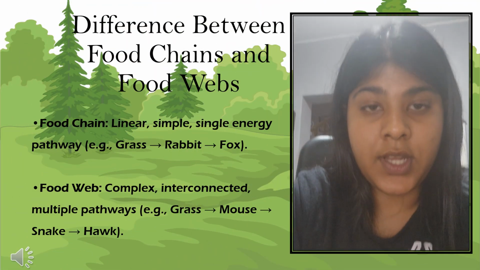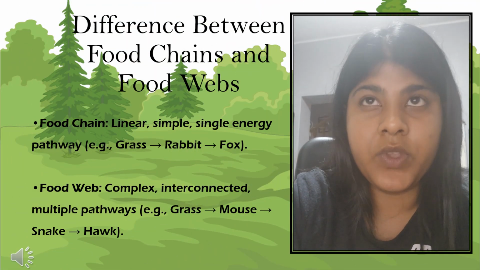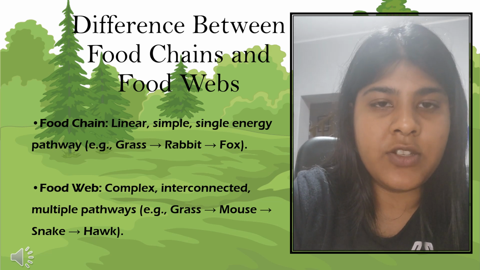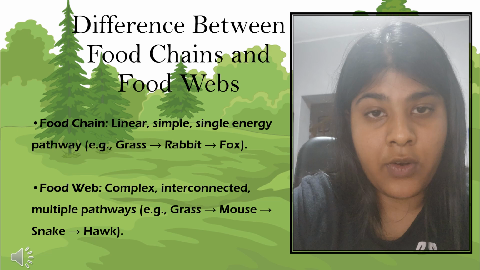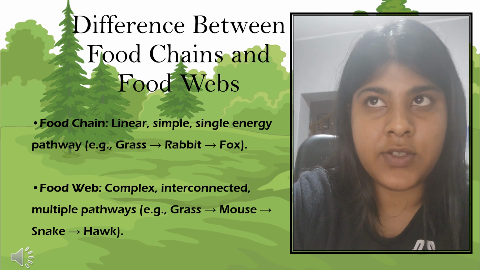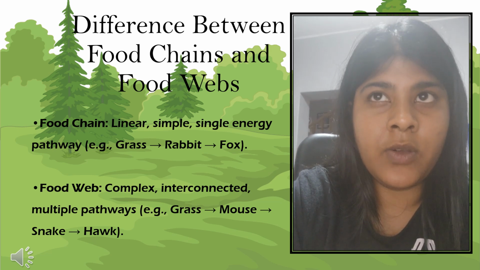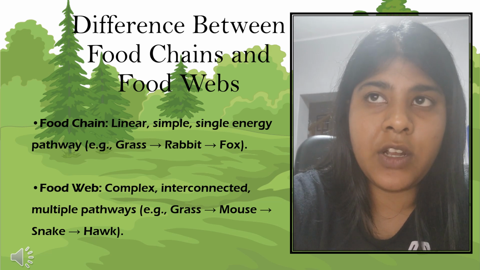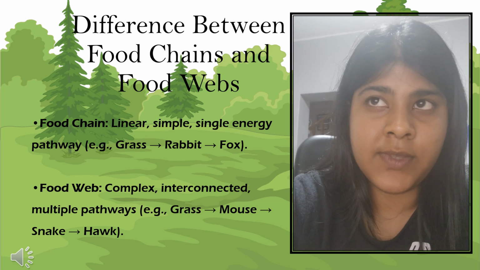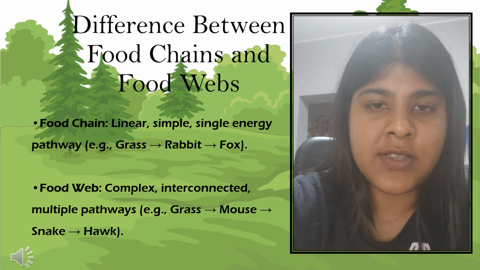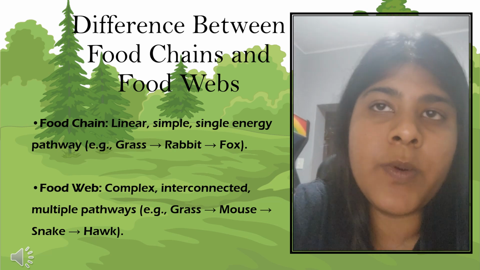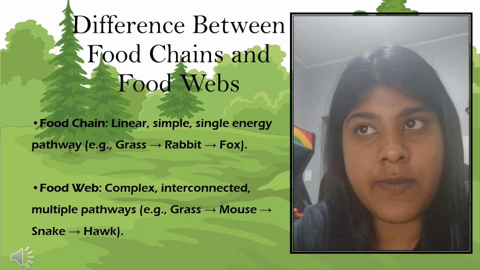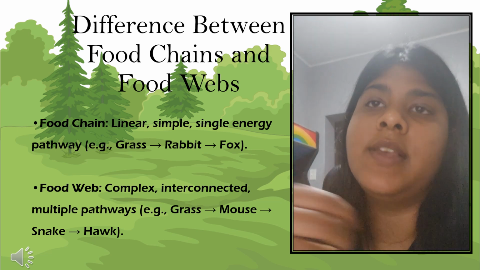The difference between a food chain and a food web. A food chain is a linear sequence that shows how energy and nutrition pass from one organism to another in a straight line, representing a single pathway of feeding relationships. It typically includes a limited number of organisms and consists of a series of trophic levels. Producers, for example plants, are eaten by primary consumers who are herbivores,